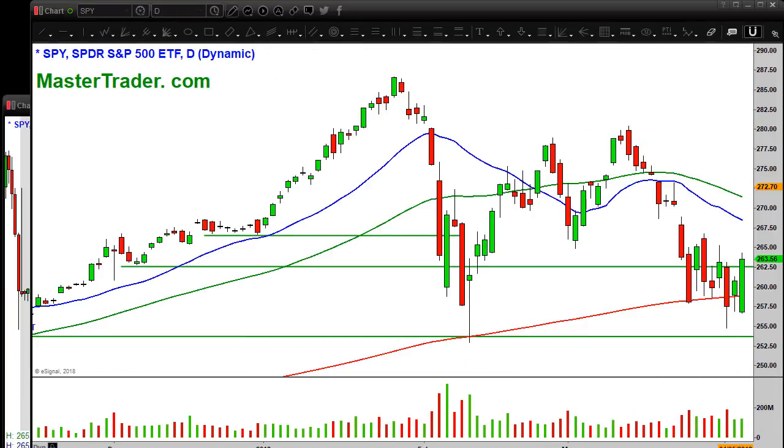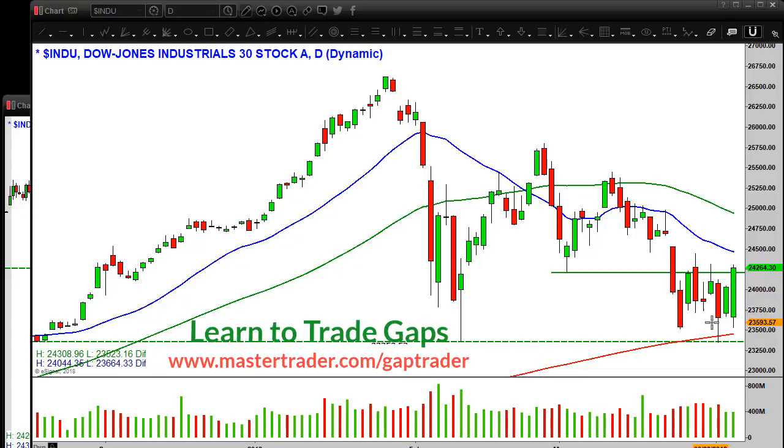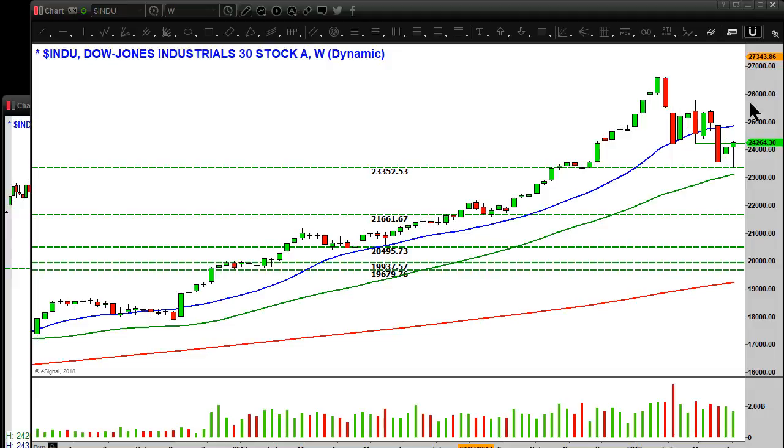So now let's go to the spiders. Better yet, let's look at the Dow. Everybody talks about the Dow, but you can see the pattern in the spiders, the gap down that occurred yesterday, and then the big reversal rally day. In the Dow, you had this little poke, but it didn't close under the 200. This pattern sets up with a minor bottoming tail, meaning it's not a complete bottoming tail because the prices don't close more than halfway into the range. But I want to show you the weekly chart,